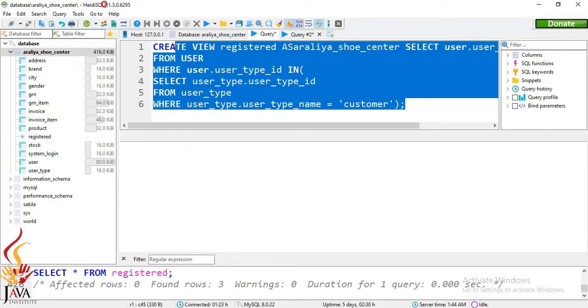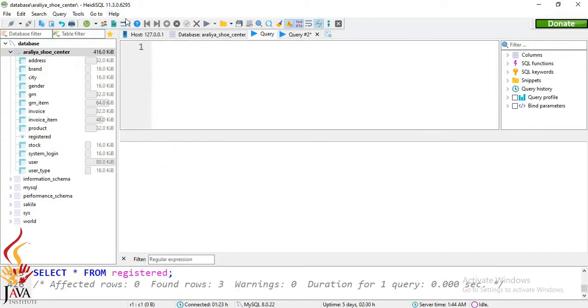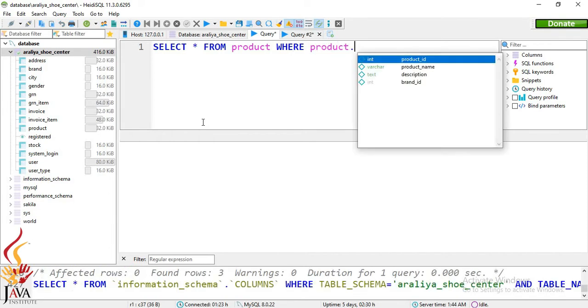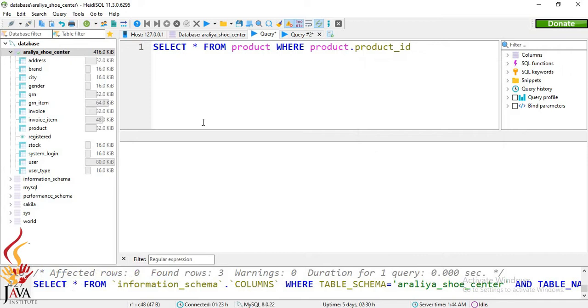So now I will clear this query and write a select query as select asterisk from products, and I will use the where keyword to mention what I need to find, the product ID. Now I will add a subquery